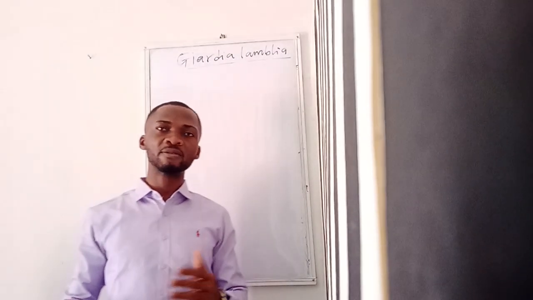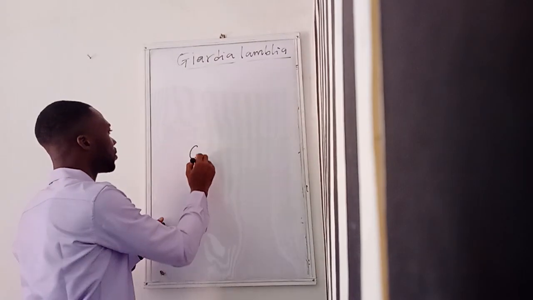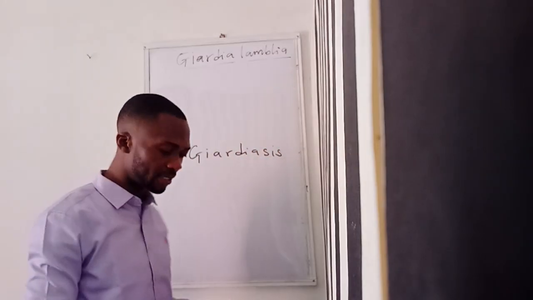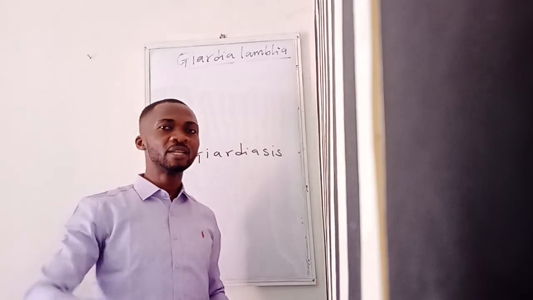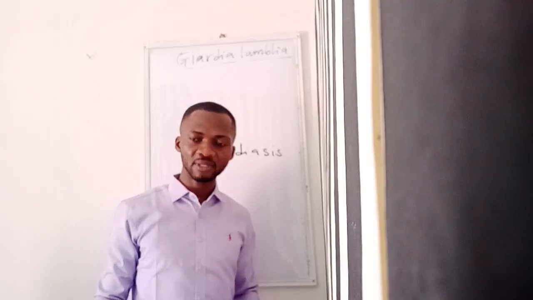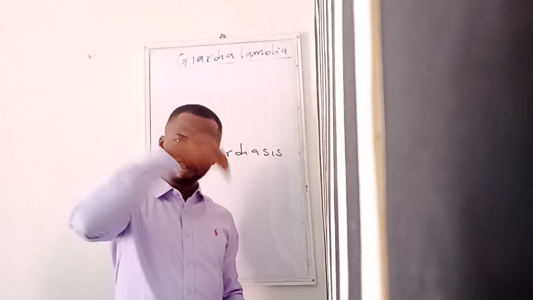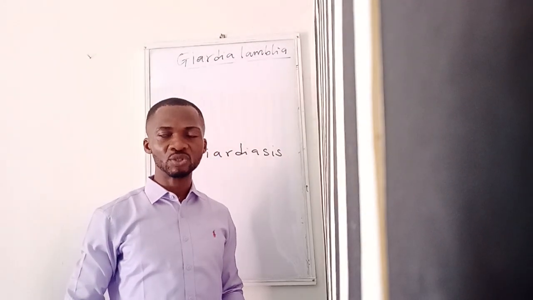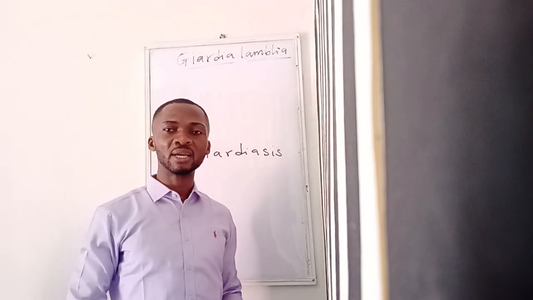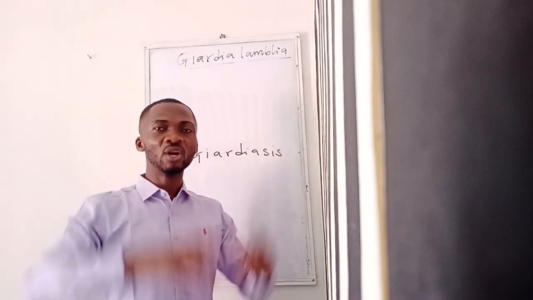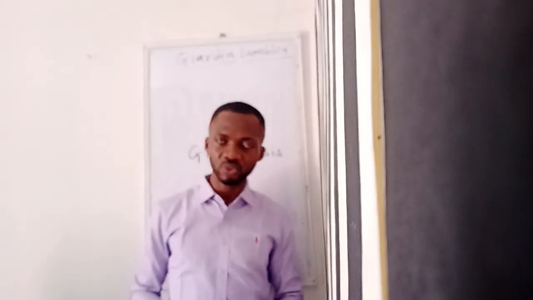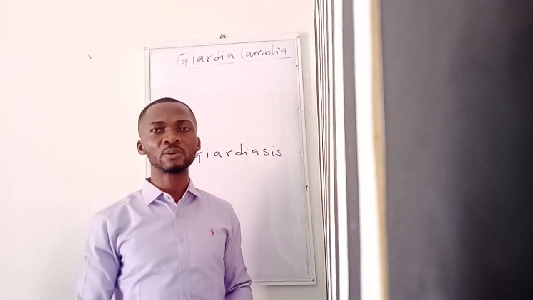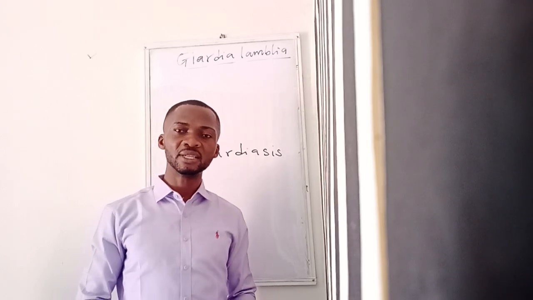Or let's assume that somebody is suffering from giardiasis. The name of the disease is called giardiasis. And a mechanical vector such as Musca domestica, that is the housefly, perches on the feces and now comes to perch on the food of such an individual. Of course, that's another way that one can take in the cyst of this parasite. So, whichever route, let's assume that somebody has consumed a food substance containing the cyst